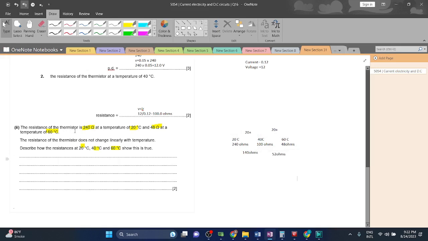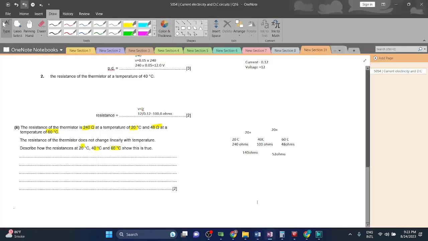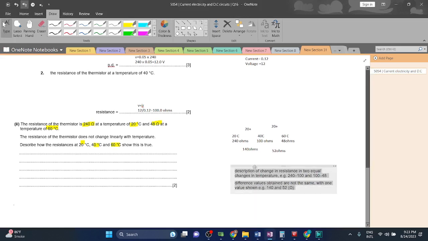To describe how the resistance of the thermistor does not change linearly with the temperature. अच्छा, अब हम बता रहे हैं कि the temperature's value is linearly increasing with an increment of 20 degrees Celsius by each passing point, while the resistance is changing at an irregular pace. ठीक है ना, तो डिस्क्रिप्शन चेंज, टू इक्वल चेंजेस. चलो जी, ये लिख लेते हैं. अनदर वन, द नॉन लीनियरिटी ऑफ द थर्मिस्टर, जो उसका रेजिस्टेंस और टेम्परेचर रिलेशनशिप है, वो एविडेंट है फ्रॉम द फैक्ट दैट द रेजिस्टेंस डज नॉट चेंज कंसिस्टेंटली विद द लीनियर ट्रेंड बिटवीन द टेम्परेचर पॉइंट्स. ठीक है ना, तो